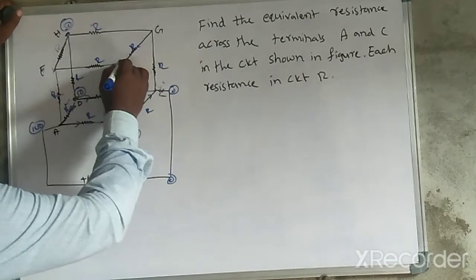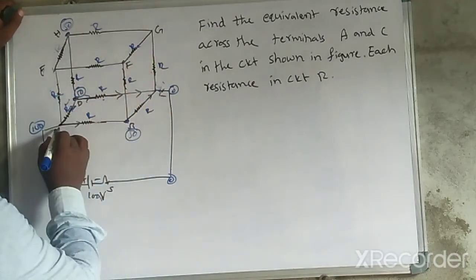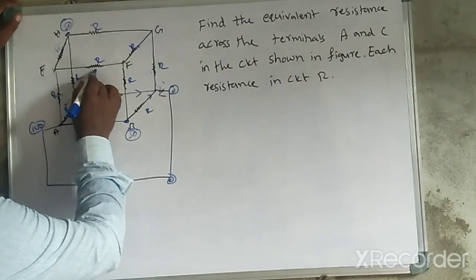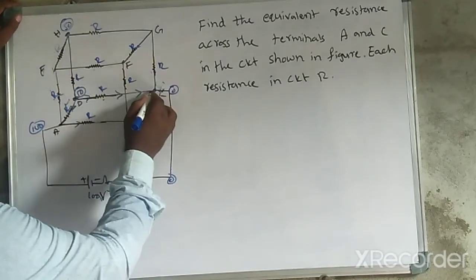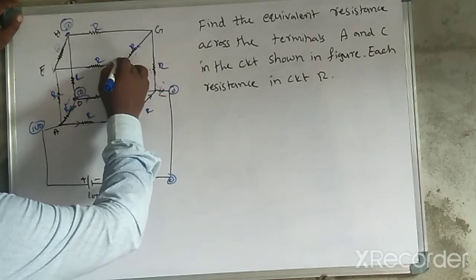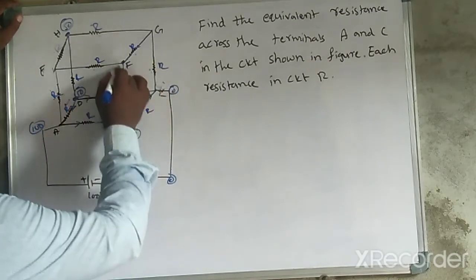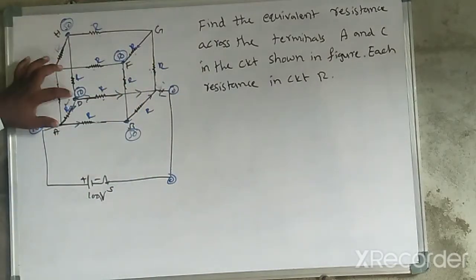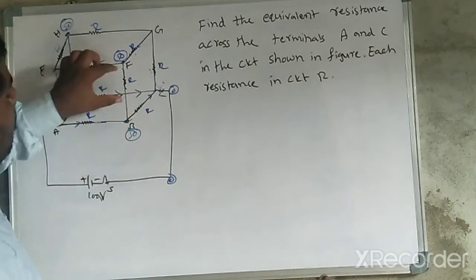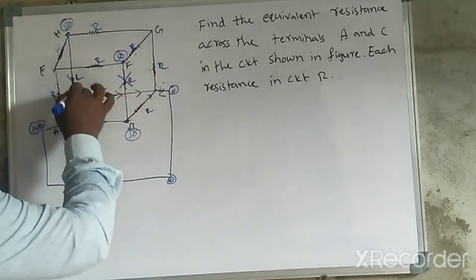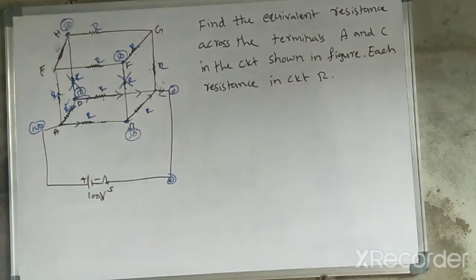So let us consider moving from here to here, 1, 2, and here also 1, 2. Or otherwise you may go by this route also, here 50. So here also 50, here also 50, here also 50, the same potential. That's why you may remove this resistor. So you may go for a shortcut method.